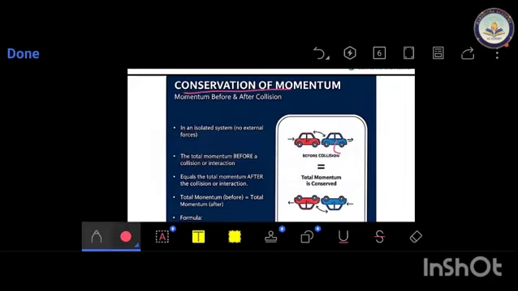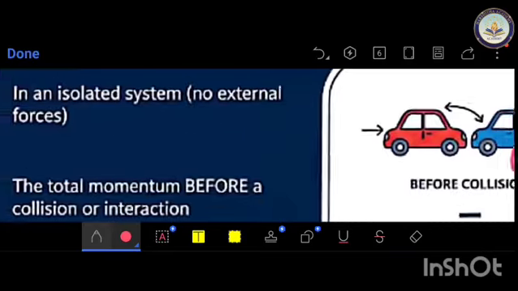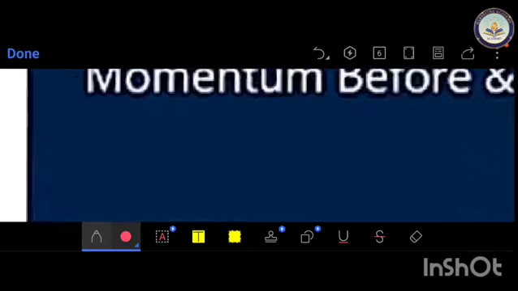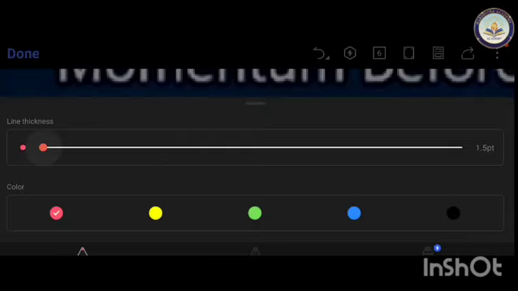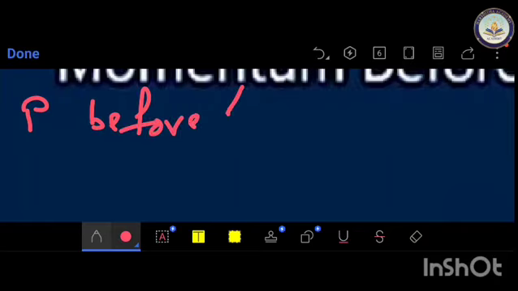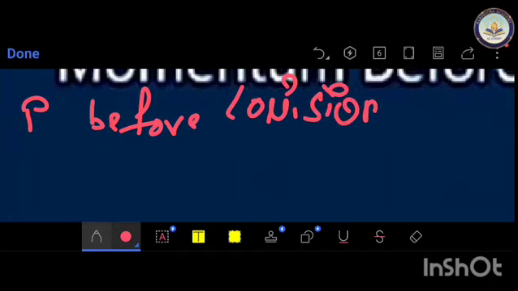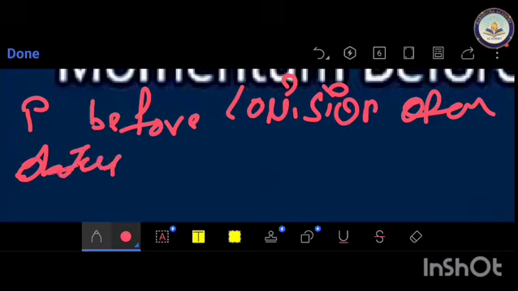Next, conservation of momentum. I can write it here, so note it down. What is the law of conservation of momentum? Momentum, I can write momentum as P. Momentum before collision of an object is equal to